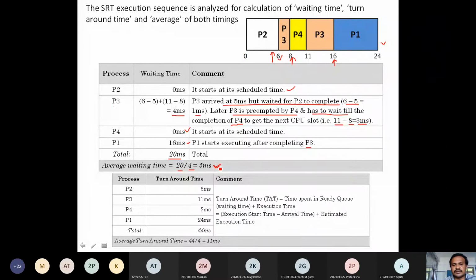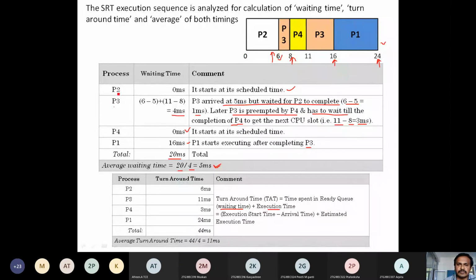The simple method to calculate this is you only need two things: the waiting time plus the execution time. That's it. Waiting time plus execution time is the total time taken to complete its process. We can observe P1. P1 is the process that, in the graph, is going to say 24, but we need to calculate it. How? It is based on this mathematical expression: how much time it has waited plus its execution time. By having the sum of these two, we can easily calculate the turnaround time.